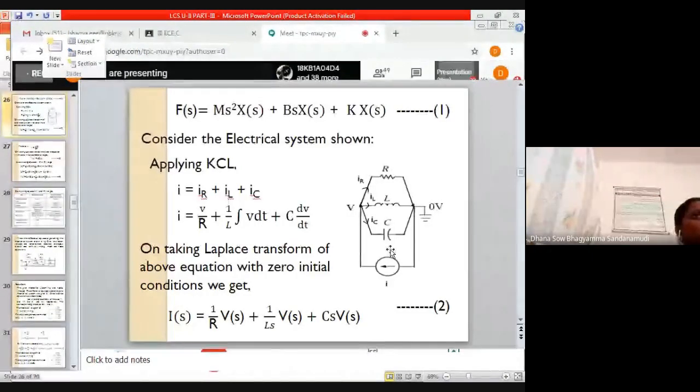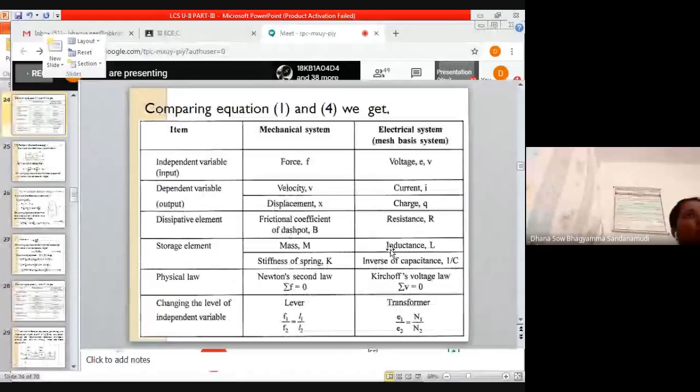And we have seen the analogy between the mechanical terms and the electrical terms. Since there are two sources in an electrical system, one is current source and the other is voltage source, we are comparing the mechanical translation system with the electrical system whose source is voltage, and the mechanical system with the electrical system whose source is current. First we are going for the electrical system whose source is voltage, which means we will compare with the mesh equations. The force balance equations with the mesh equations, Kirchhoff's voltage law equations.